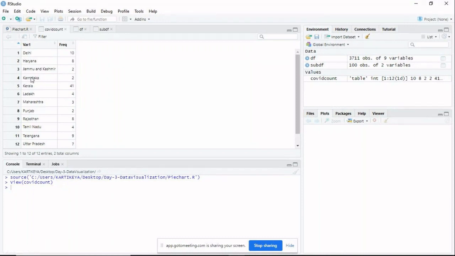But when you go for a table, it summarizes the values and gives only 12 states. So in 100 rows we have 12 different state names. The 12 states are listed here, and the confirmed cases are summed together and given as frequency. The default names given by R for these two columns are Var1 and Freq.